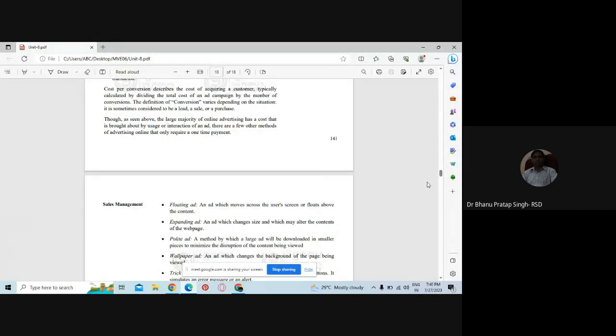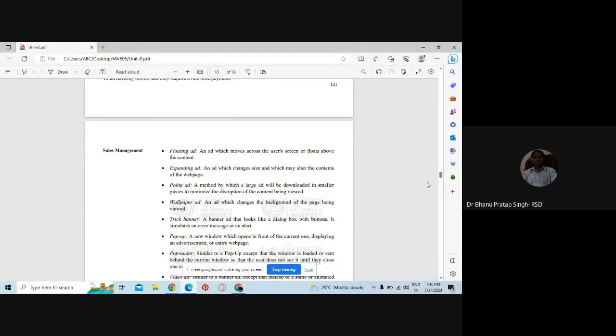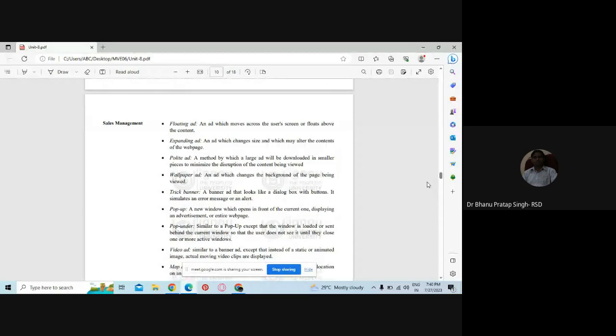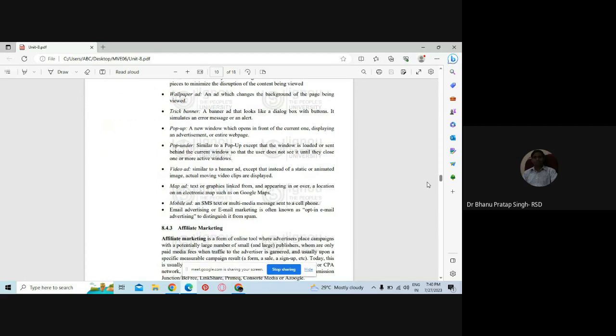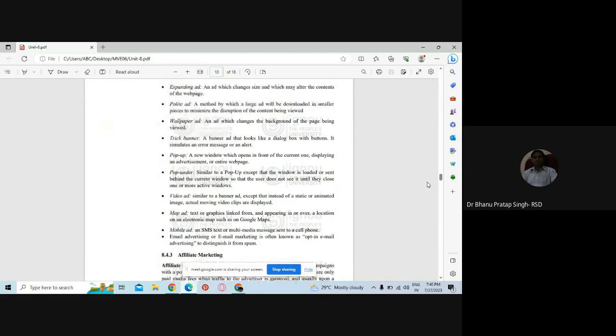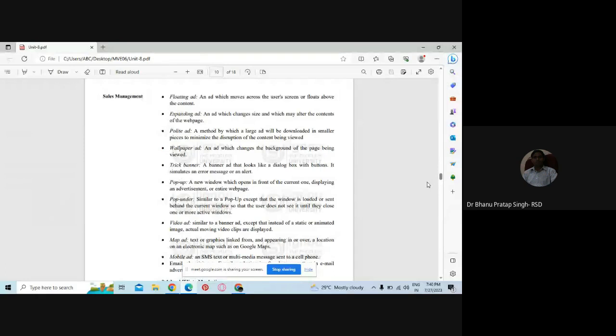These are some kinds of ads: floating ad, expanding ad, polite ad, wallpaper ad, trick banner, pop up, pop under, वीडियो ऐड, मैप ऐड, मोबाइल. ये इन सबको हम प्रीवियस स्लाइड्स में पढ़ चुके हैं कि किस तरह के जो मैसेज या किस तरह के जो मीडिया हैं या किस तरह के जो एडवर्टाइजिंग के तरीके हैं उनको हम वेब पेज पर यूज कर सकते हैं थ्रू सोशल मीडिया और थ्रू इंटरनेट मीडिया।